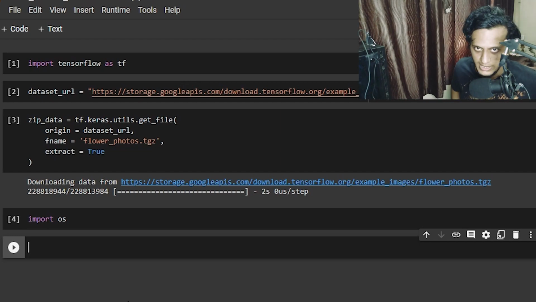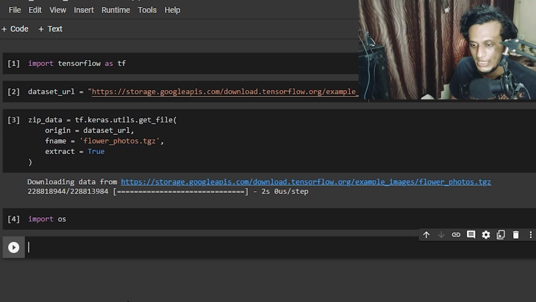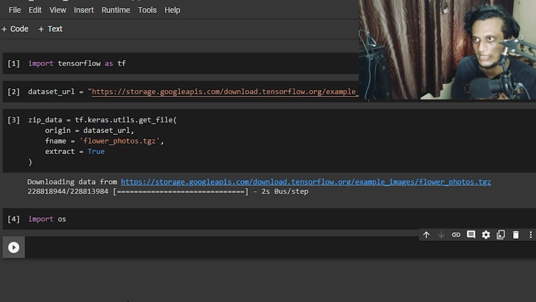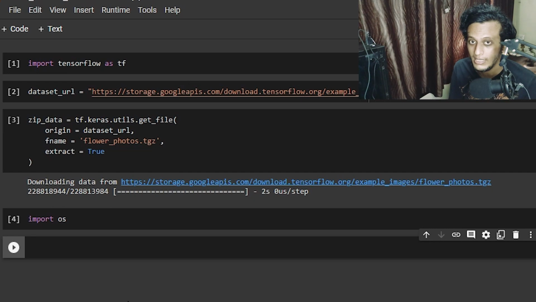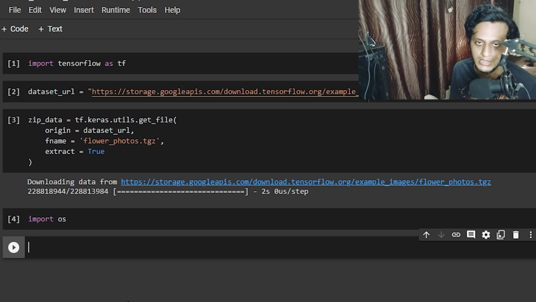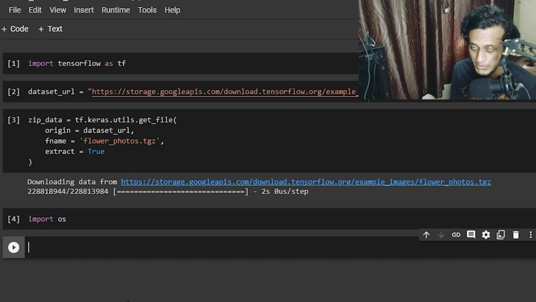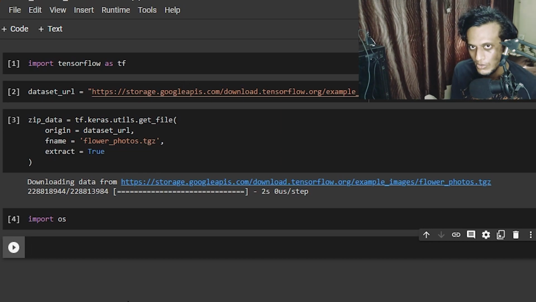The function that I'll be using over here is known as the image generator. So what is this image generator, you may ask? I will have a lot of images and I will have to handle them. TensorFlow, like Keras, provides us with something known as the image generator, which is very handy because it allows you to split your data, augment your data, and do a lot of things.